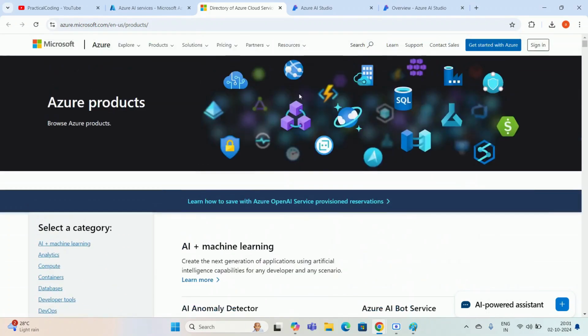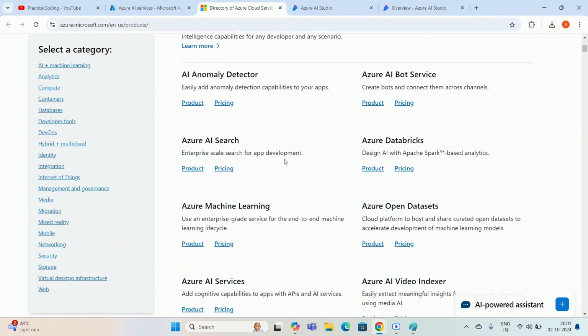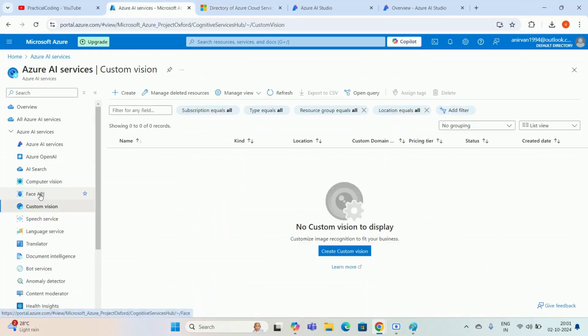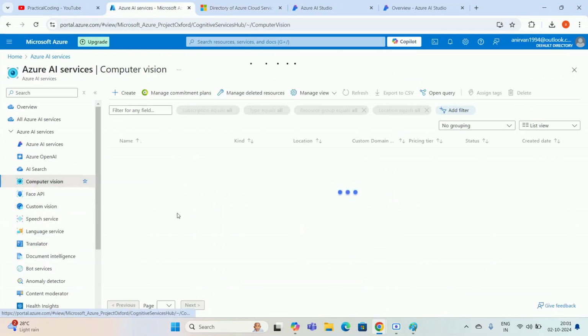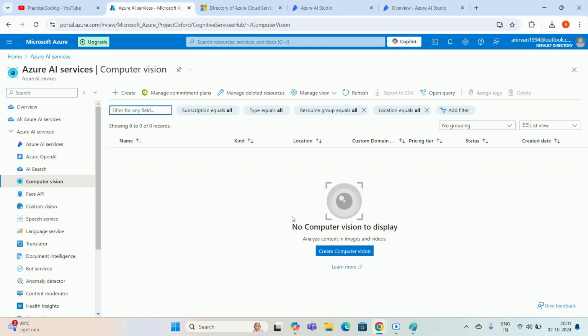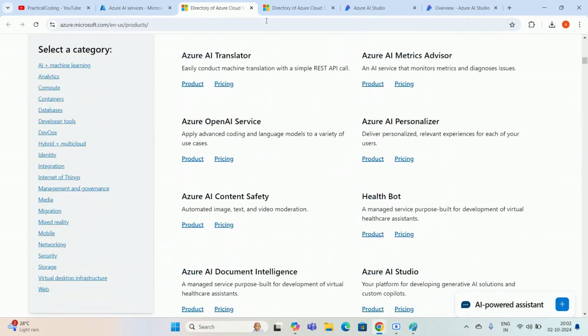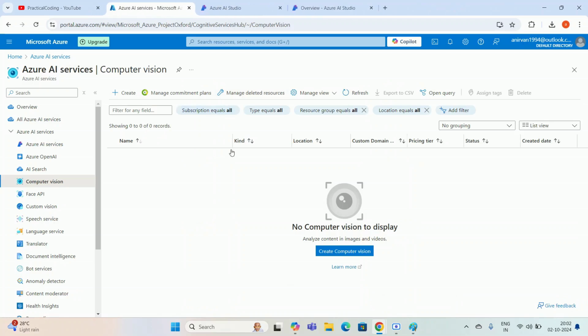We'll explore this in the next videos. In one video it is not possible. It will take at least 8 to 10 videos to explore the whole of the Azure AI and machine learning services. If you want to read the Microsoft documentation, that is a good decision. You can simply go to that particular option and either create, or just click on the Learn More option. There the documentation will open, and then you can read about the particular thing. Those are the official documentation.